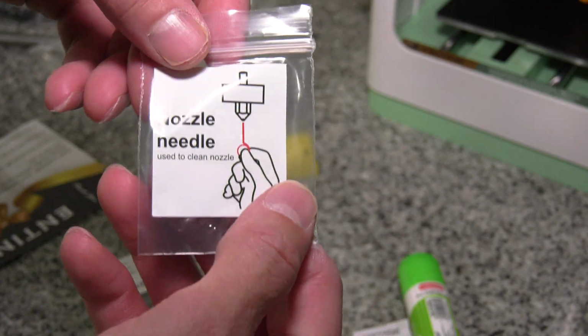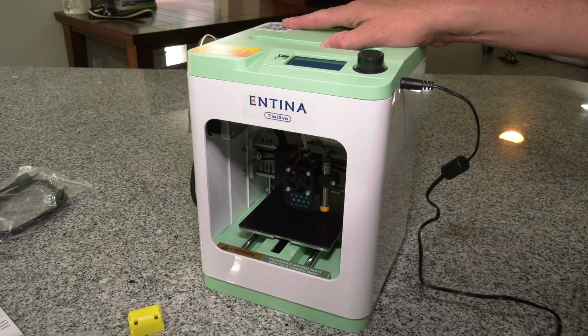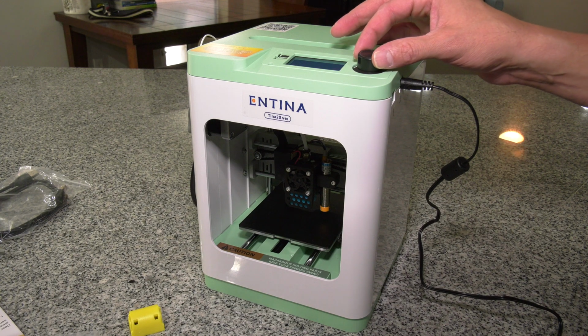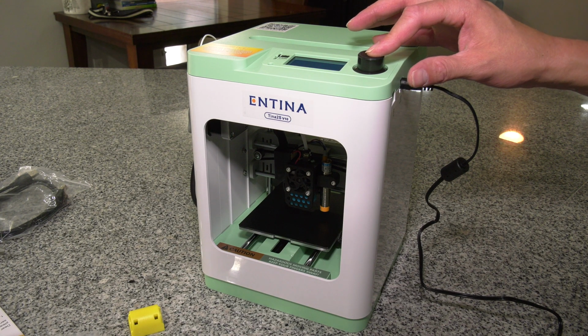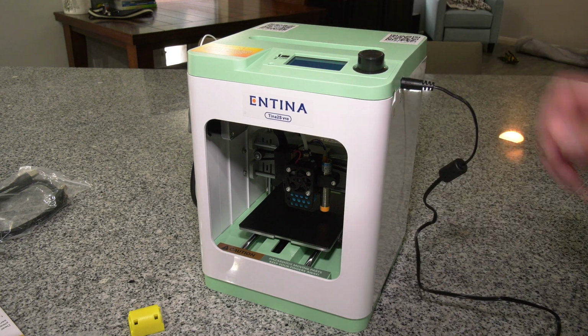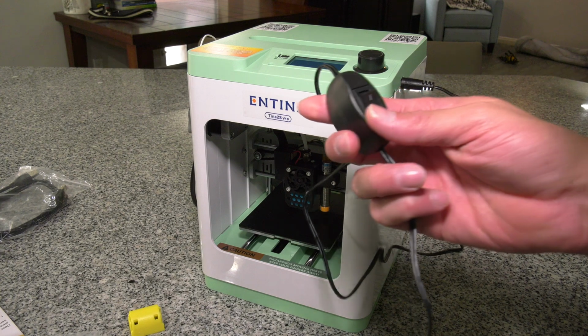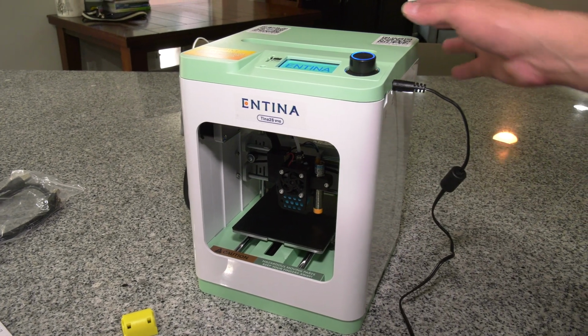I haven't used it. Because I've had this for about 2 weeks, I've probably done about 10-15 prints already, and I haven't had to use it yet. This thing is a workhorse. For what I've been using it to print, it's blown me away. It really, really, really has. And I'm sure there's probably